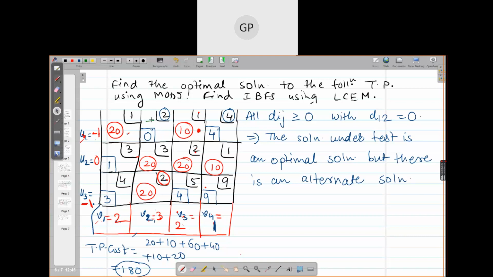Yes, ma'am. So put a plus sign here. Put a plus sign. Do you understand me? Now I want to form a loop. So how am I supposed to traverse? I'm supposed to traverse through 90 degrees and through 180 degrees. So I can go here, right? Yes, ma'am. So there will be only one unoccupied cell in our loop and the remaining cells will be occupied.